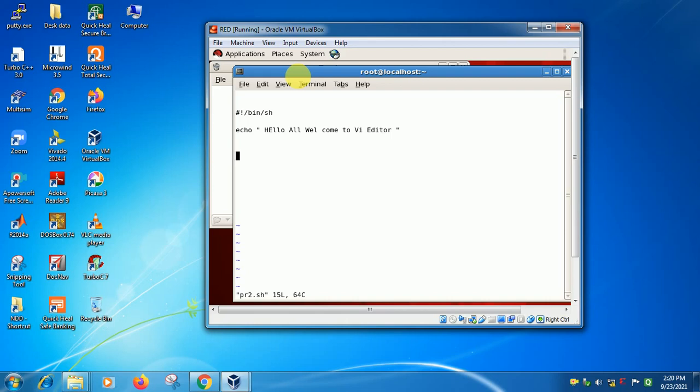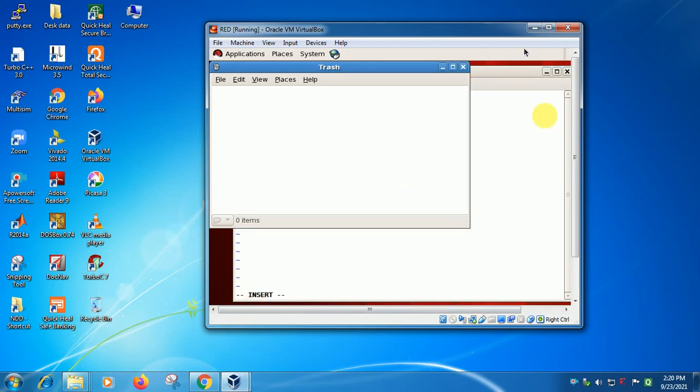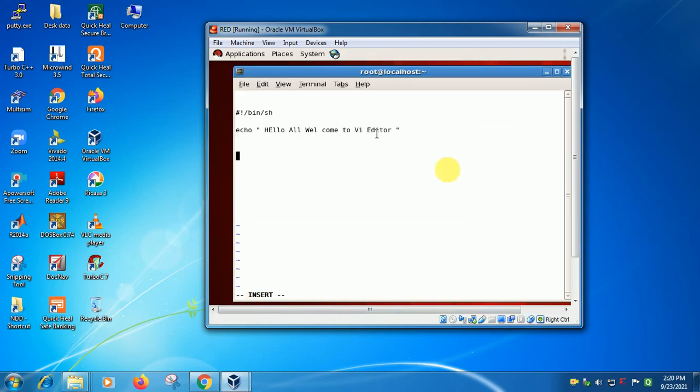So I have to press I from the keyboard. As soon as I press I, it goes into editable mode. As you can see, insert is enabled, so you are able to type the commands.